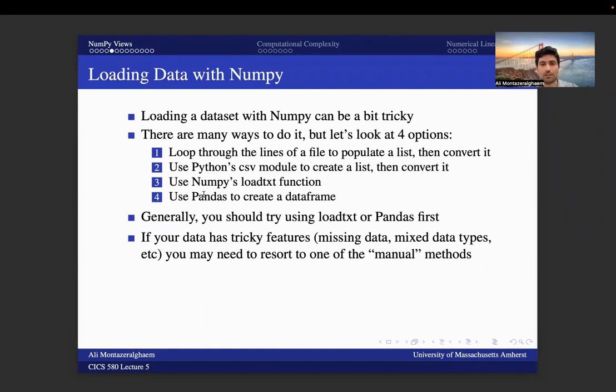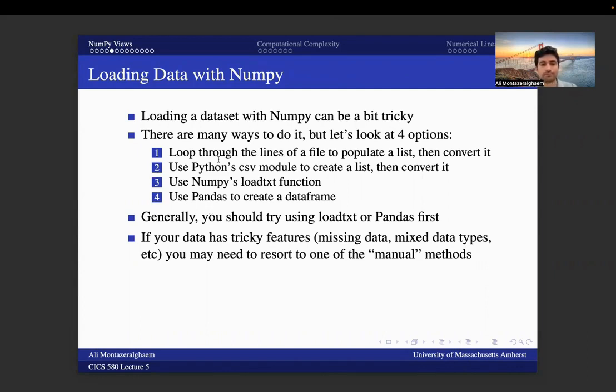But the first one is more powerful, and you can do anything you want with your data set. If you can load data with option 3 or 4, that would be easier. Generally, you should try using loadtxt or pandas first, and then if the data does not load into your code,